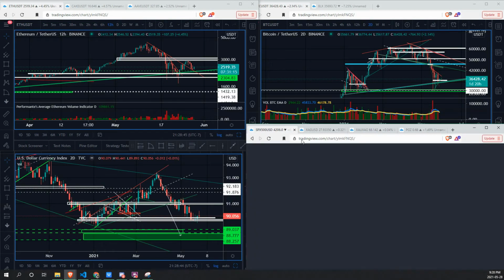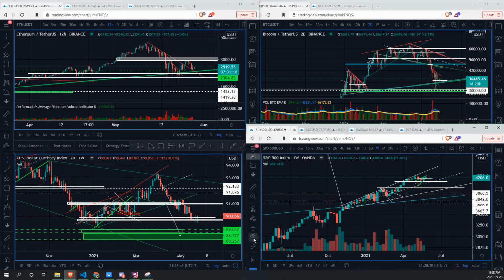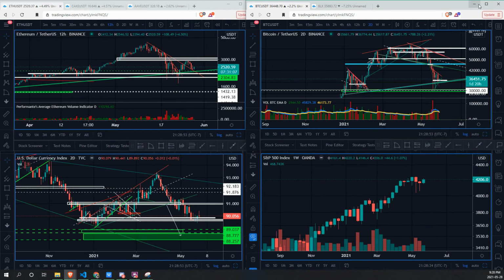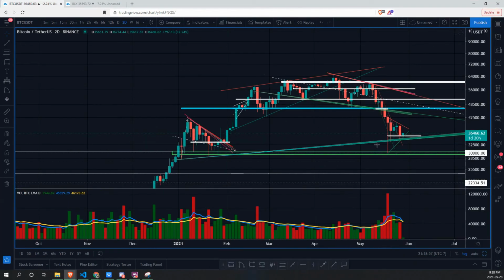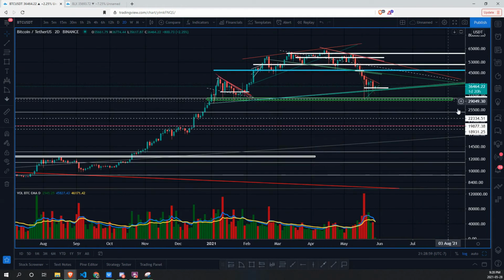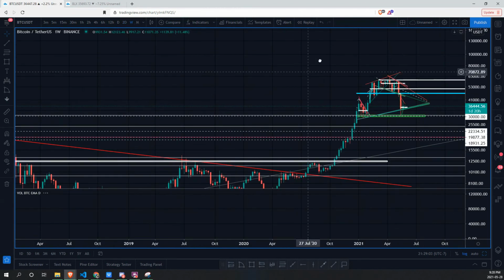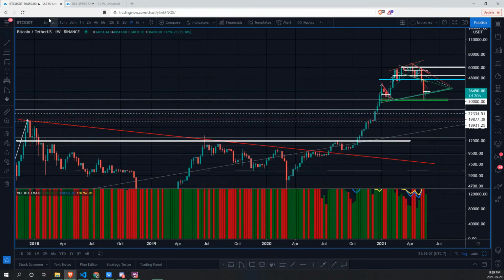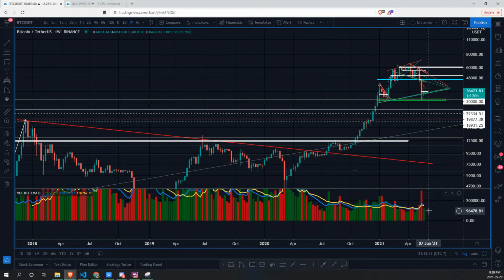We'll actually just stick to the S&P right here. And then we do have drawings for that, which we've already talked about, but we're not going to incorporate those. So let's first look at the possible potential situation that we will be having here for BTC. If this does hold, we'll look at the smaller time frames to see what we're able to identify for a potential strong reversal formation.